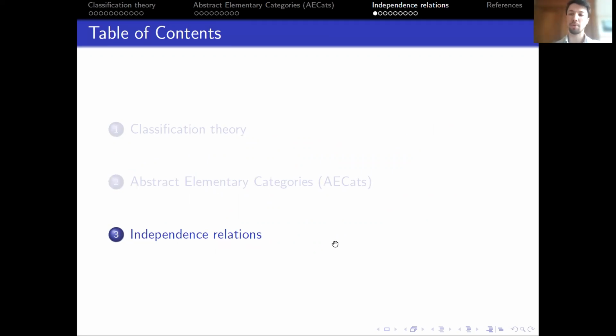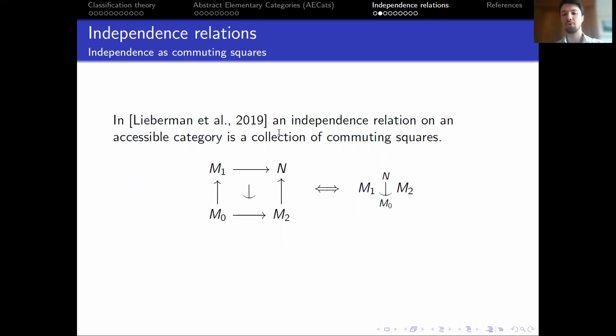We can start talking about these independence relations and see if we can recover a bit of this classification theory. And here I really want to mention the work by Mike Hirschi and Sebastian, because it was a big inspiration for this project. I'm sure they have talked, or one of them has given a talk about this in this seminar. Anyway, to briefly recap,